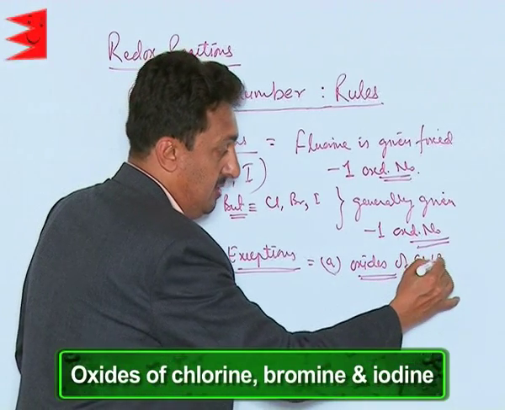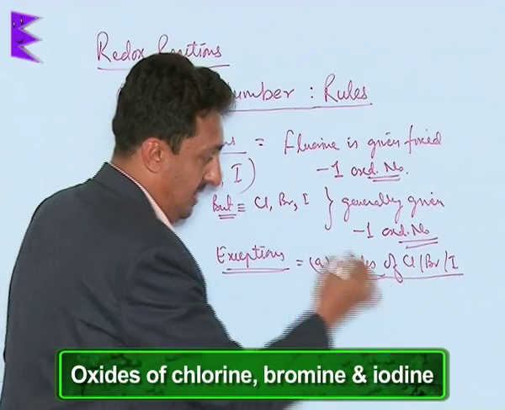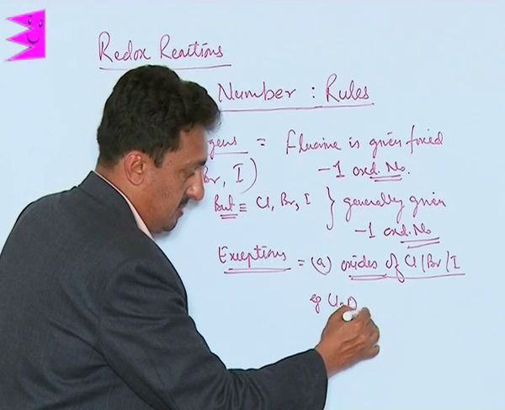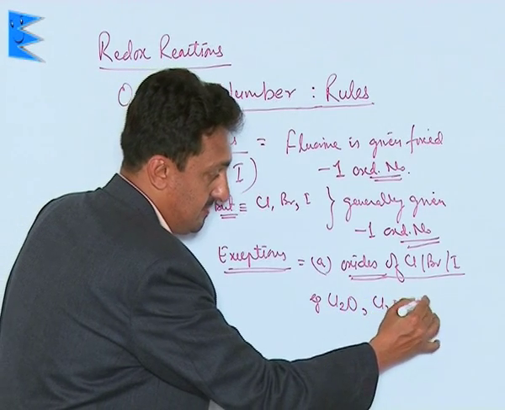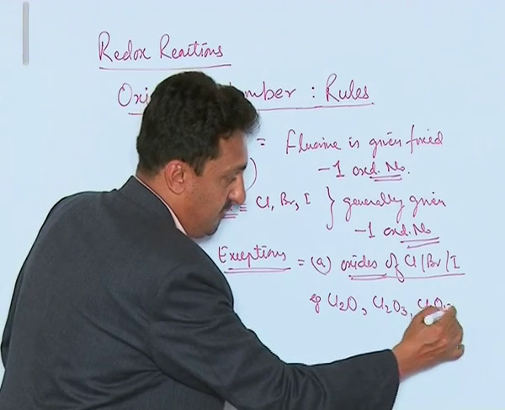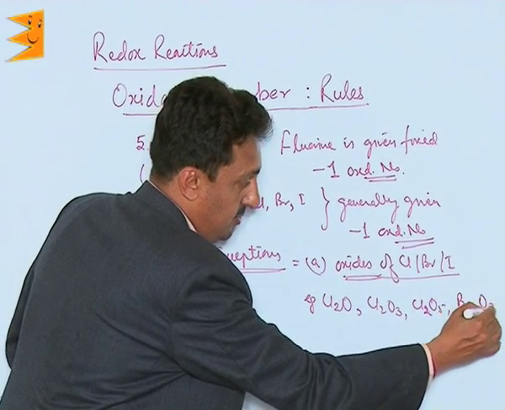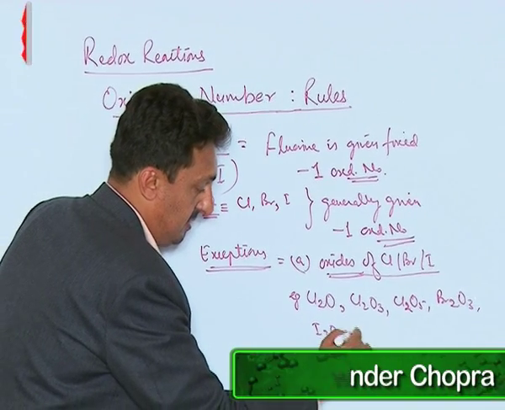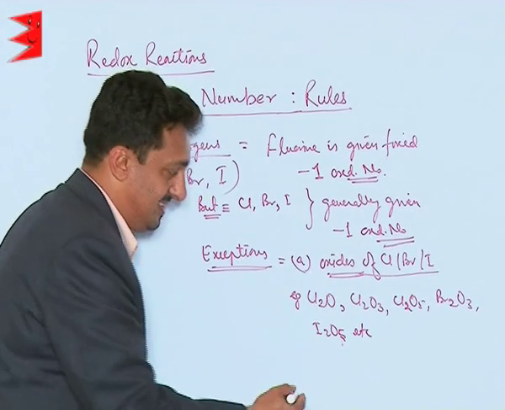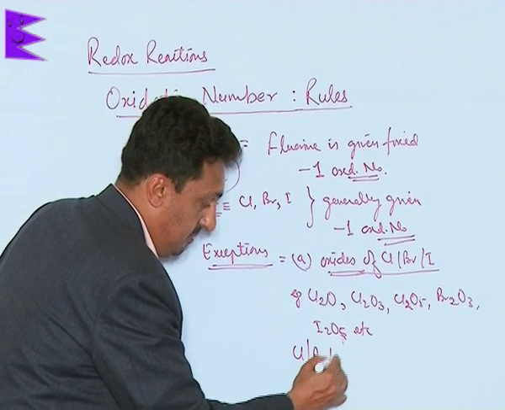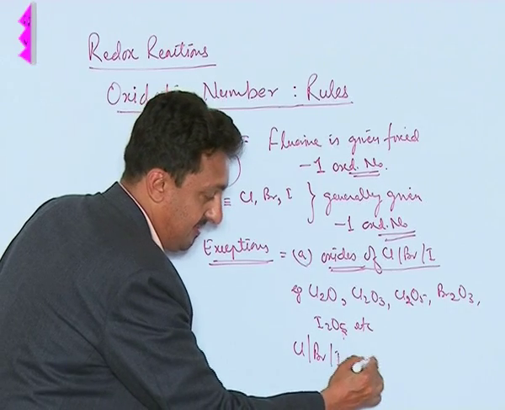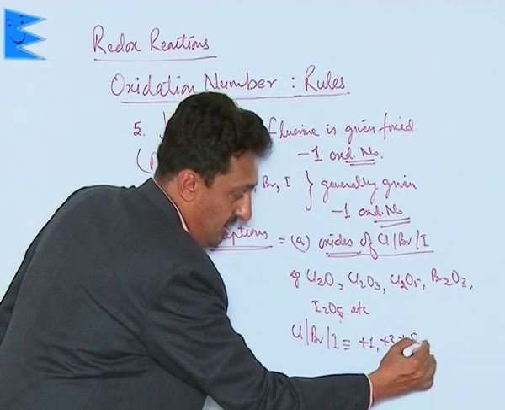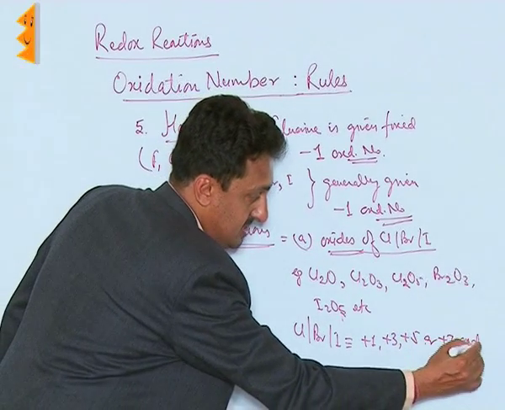Oxides of chlorine, bromine and iodine. Let us take Cl2O, Cl2O3, Cl2O5, Br2O3, I2O5, etc. In all these states, chlorine, bromine and iodine can exist in their +1, +3, +5 or even +7 oxidation